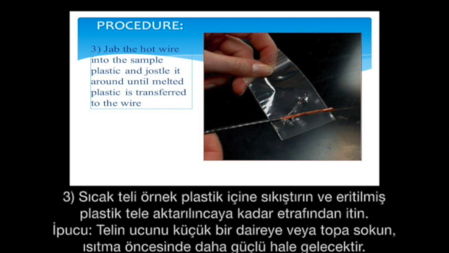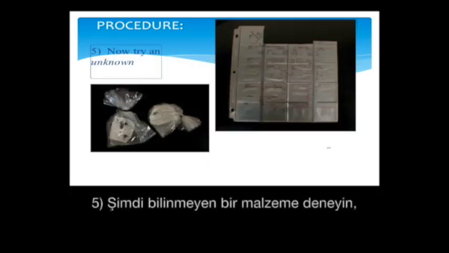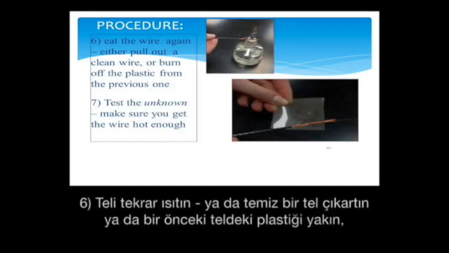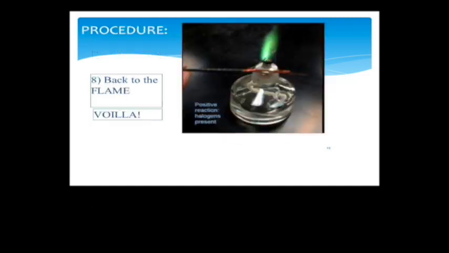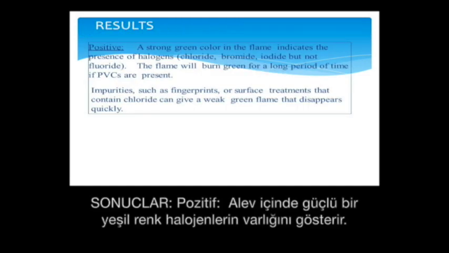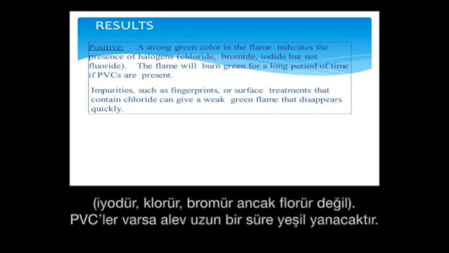Fourth, return the wire with a tiny bit of plastic on the back into the flame. Negative result. Now try on an unknown material. Sixth, heat the wire again and pull off a clean wire or burn off the plastic from the previous one. Seventh, test the sample. Make sure you get the wire hot enough. Back to the flame. The result: positive, a stronger green color in the flame indicates the presence of halogen,